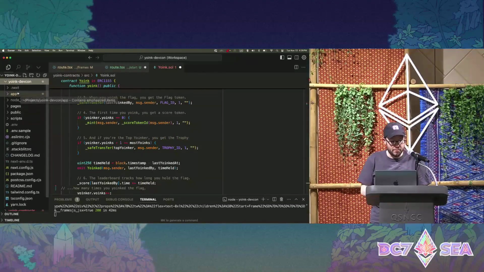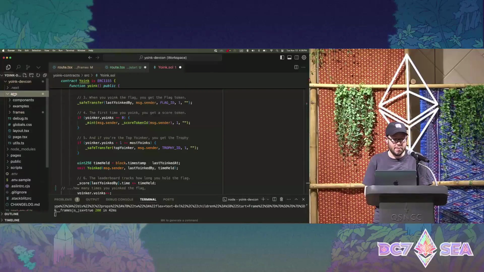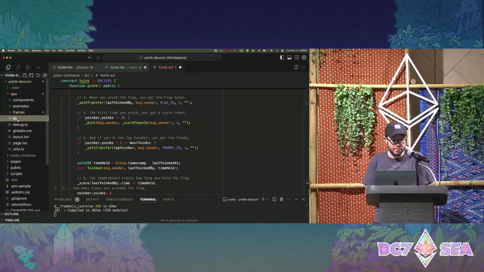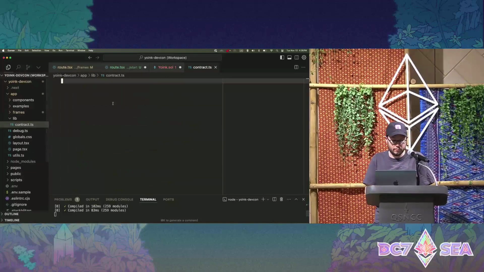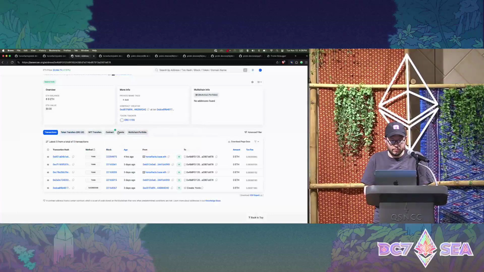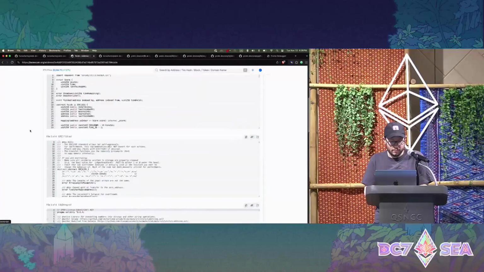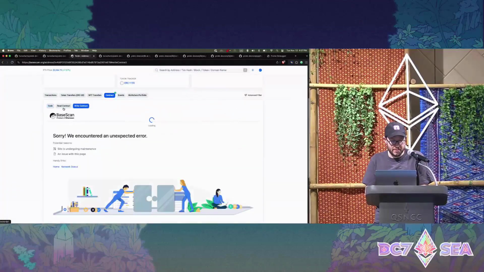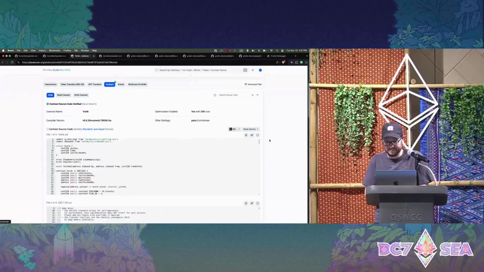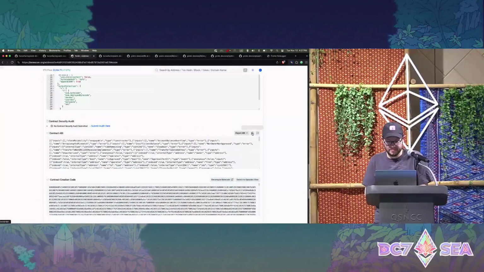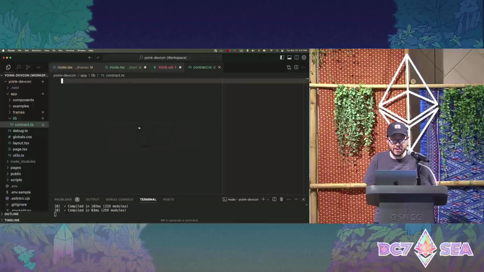Okay, so let's set up to actually read some data from this contract in our frame. To do this, we'll use viem. I'm going to add some helpers in here. So we'll grab the contract ABI. Let's add it here.